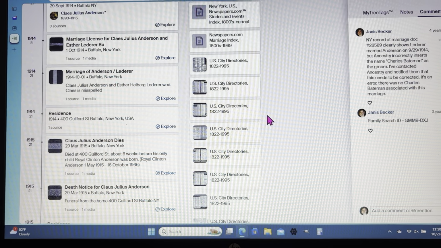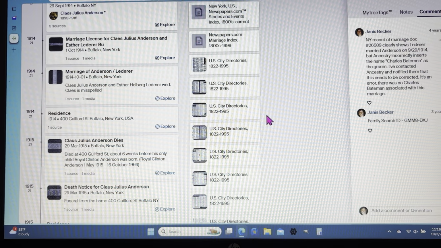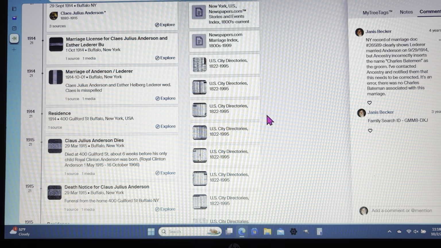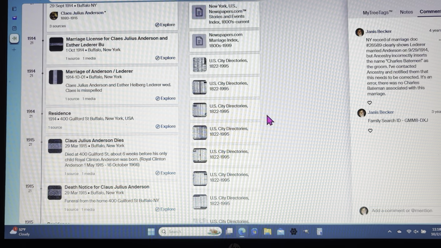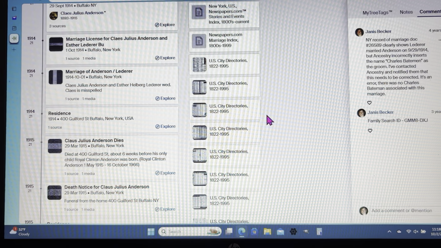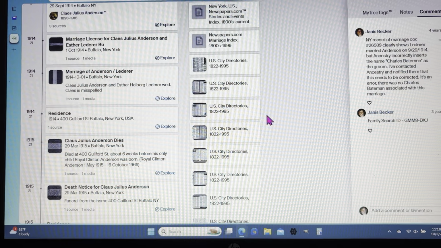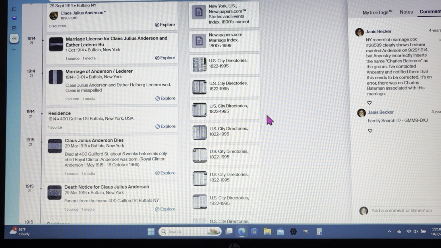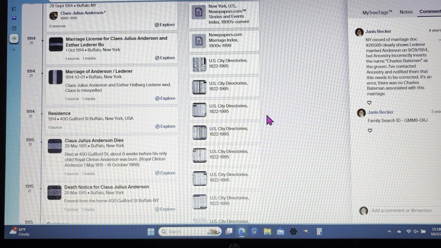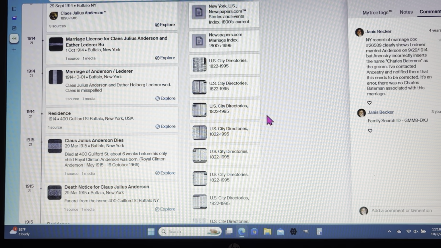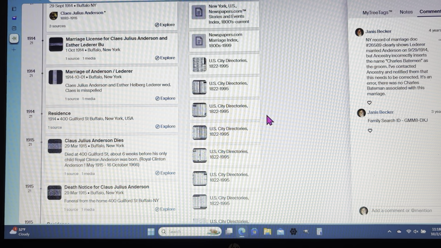I don't think towns did directories, but cities would put directories together, and they actually went door to door getting all the people's names of husbands and wives, not the children, and generally if there was a wage earner, what their occupation was. So the city directories can be interesting to look at to find out what someone's occupation was at different times, and generally that's listed.